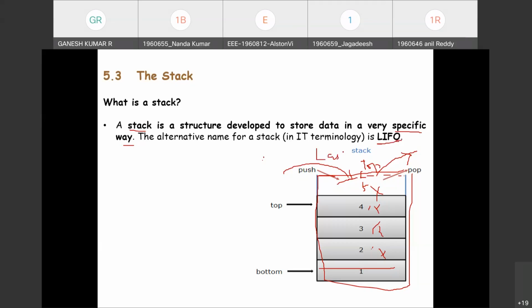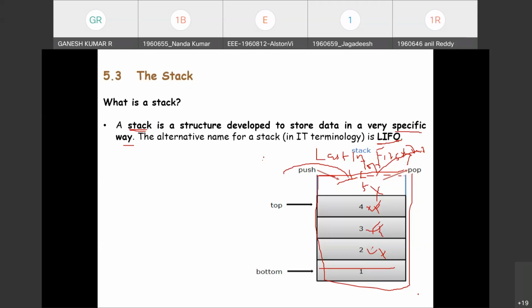Last in, first out. So one by one, the second last will be removed later, then the third last, the fourth last, and the first item will be the last to be removed. This kind of data structure is called a stack, a linear data structure where elements are inserted and deleted, and the deletion will be of the last one.